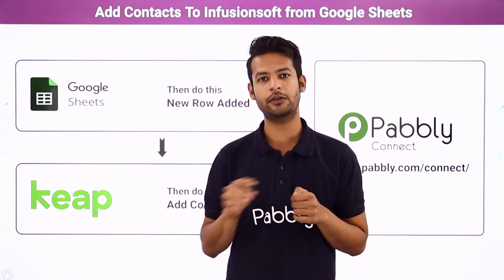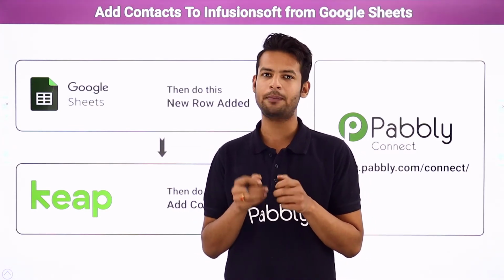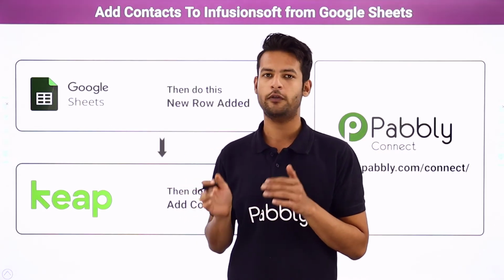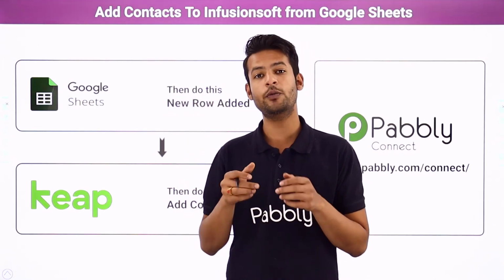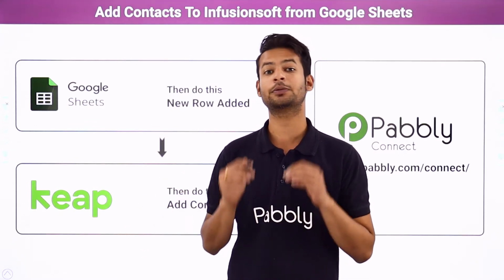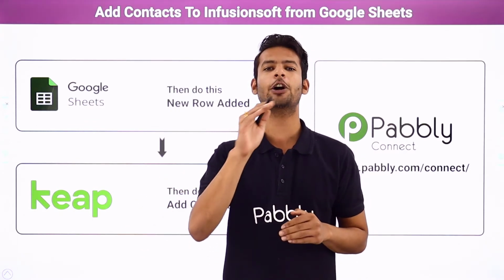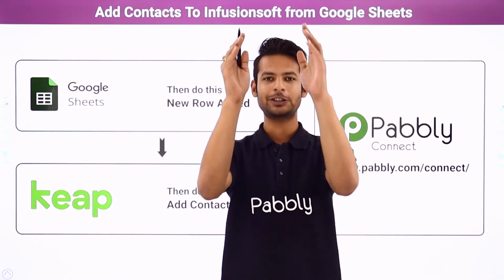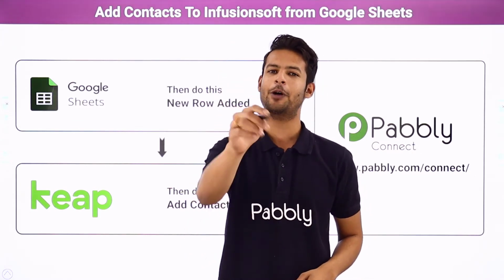If you follow the manual process, you have to first manually type and enter the data in your spreadsheet for your new contact. And again, you have to manually add this new lead as a contact in Keap. This process will be very long, which will kill your time unnecessarily. So to save your time, I suggest you bring some automation here.